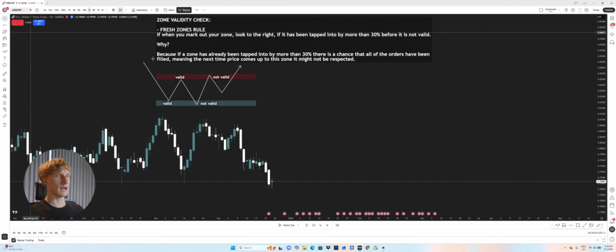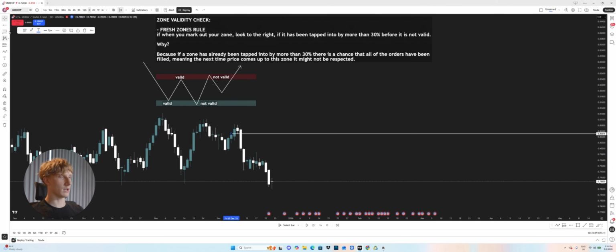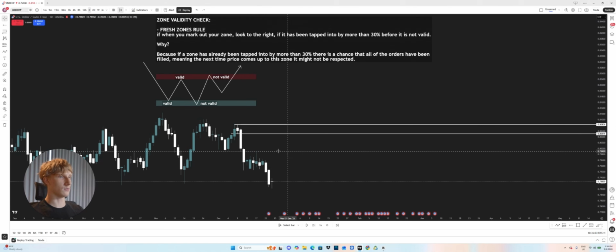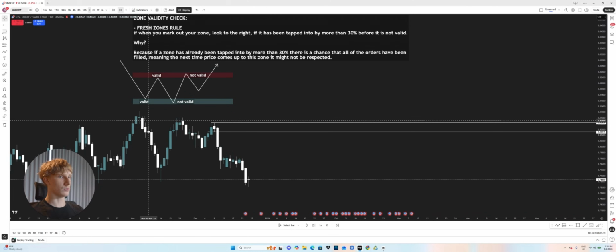And we can see that as price was playing out, a new supply level occurred. And we can just go ahead and mark that out, right? So although it is overlapping, right, this itself can be treated as a separate supply level. So once this is no longer valid, we can look for a new one. In this case, we found one straight away. Sometimes you're just going to have to wait. You might have to wait a few days. You might have to wait a week. You might have to wait 2 weeks for there to be another zone.